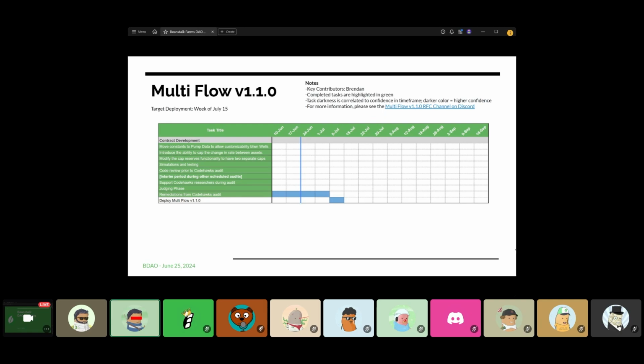Before, in version 1, there was just a percent cap on the change in reserves each block, and now it's a little bit different. There's, in addition to there being caps on the increases and the decreases in the LP token supply, also a cap in the exchange rates for the two tokens, which in some ways mitigates the